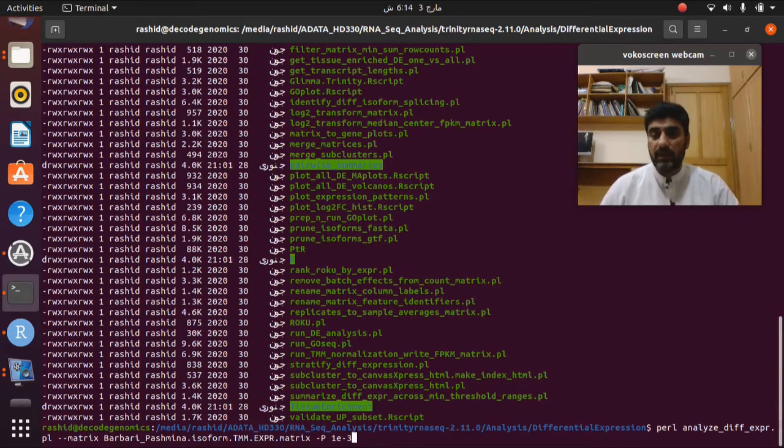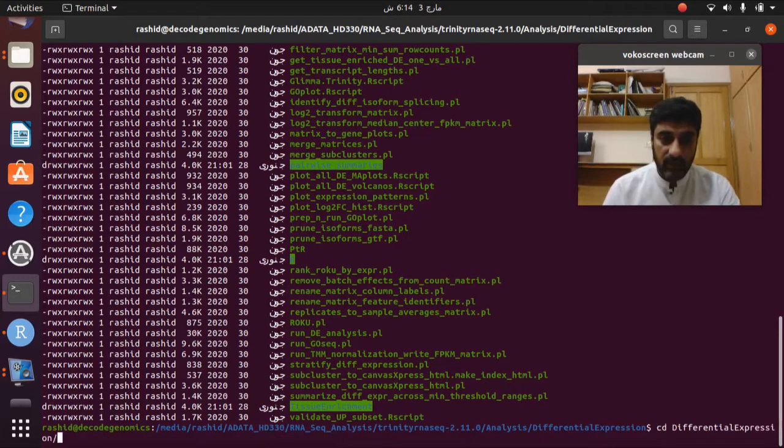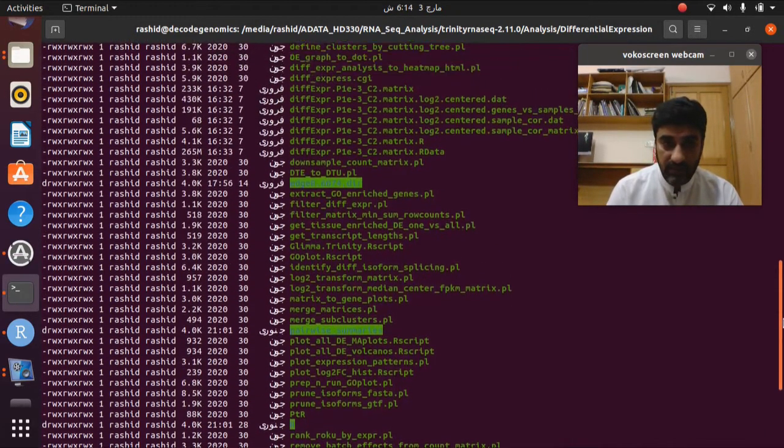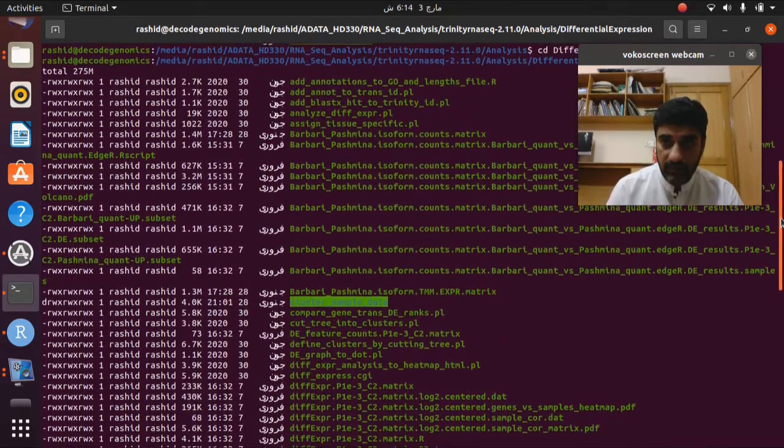After the successful completion of this command, 12 different files are going to be generated. I will show you those files, and definitely those files are present in this folder.